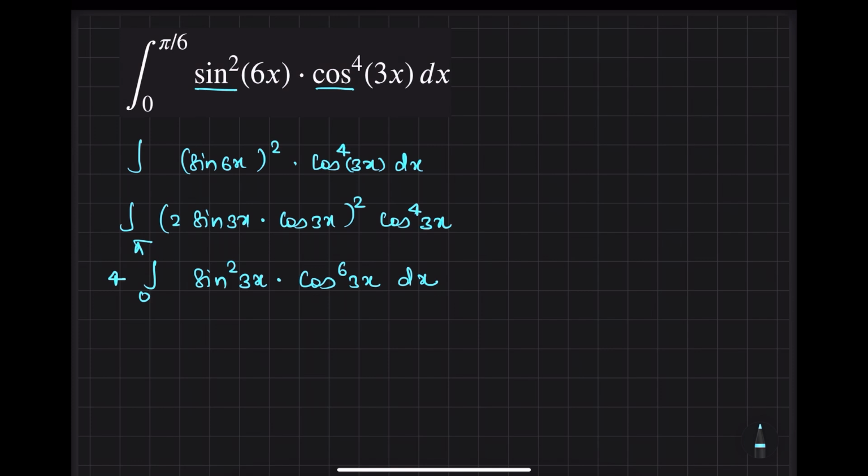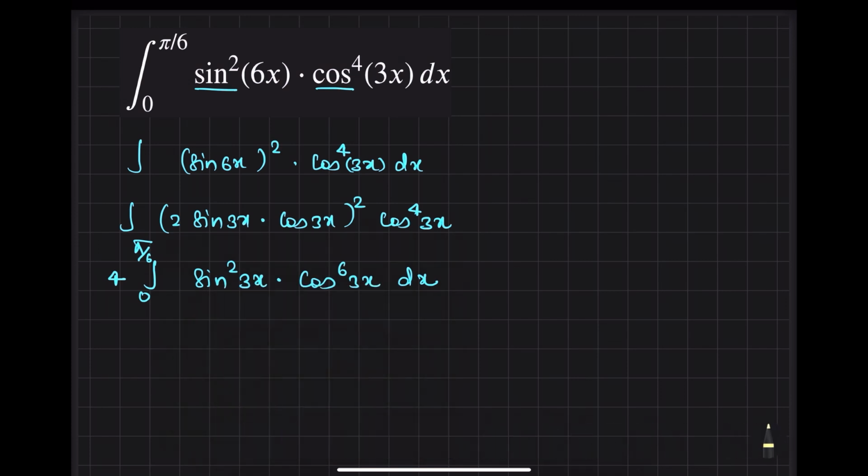0 to pi by 6. Now what I want to do is, I have seen this kind of situation where we are handling sine and cos together, that too in definite integration, but the limit was 0 to pi by 2. Here it is different, so I don't know how we should respond. So what I will do,